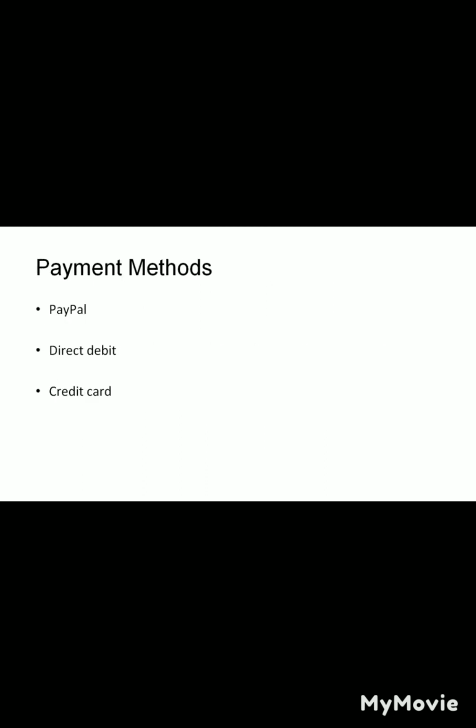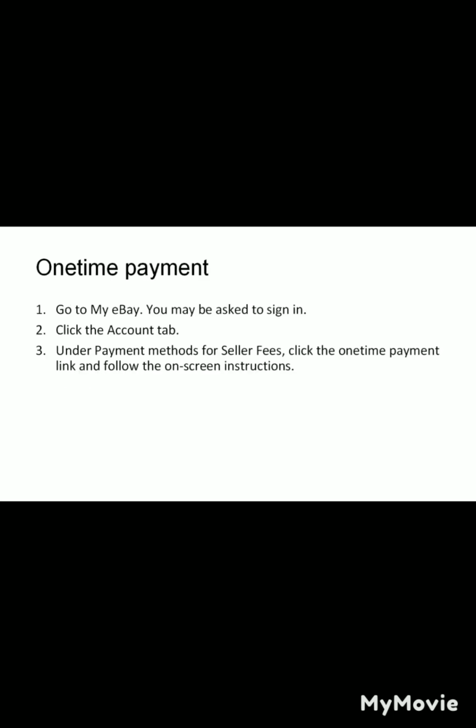Moreover, you can also make a one-time payment option which allows eBay to collect your selling fee from your credit card or bank account, only when you choose. You can choose from one of the following payment methods. 1. PayPal. 2. Direct debit. 3. Credit card. That being said, you can make your one-time payment, which is a manual, non-recurring payment option, where